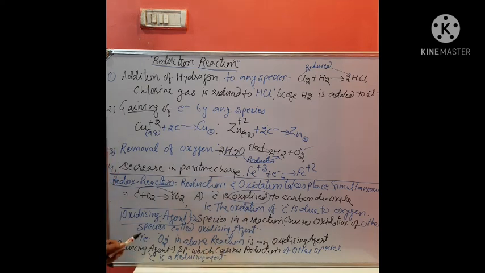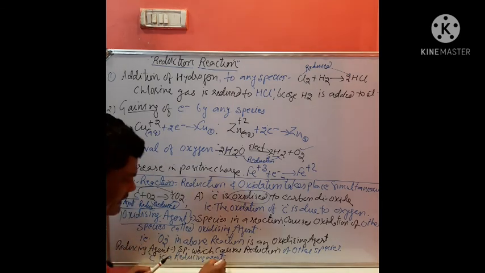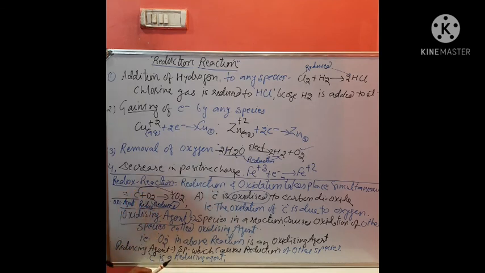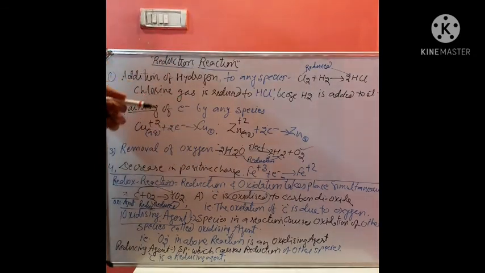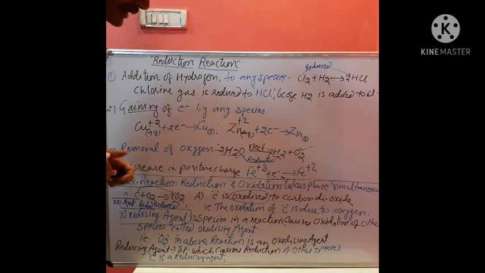Now, how is it a reducing agent? Because carbon is reduced here. Therefore, what do we say? Carbon is what? Oxidizing agent. And oxygen is what? Reducing agent. So carbon is a reducing agent because it reduces what? Oxygen. In this way, you can find some reactions involving reduction and oxidation, and in these reactions you can find the reducing agent and oxidizing agent.